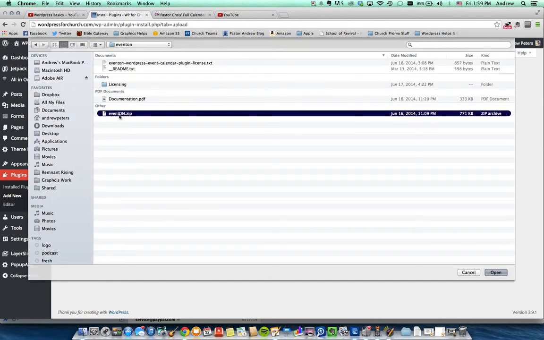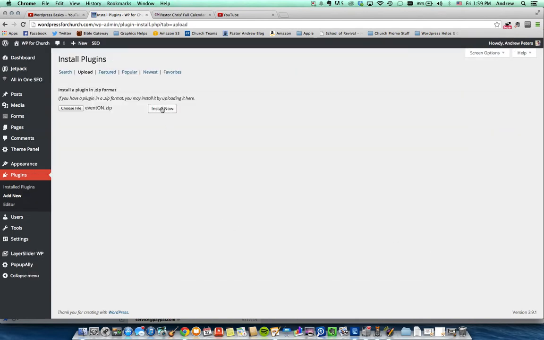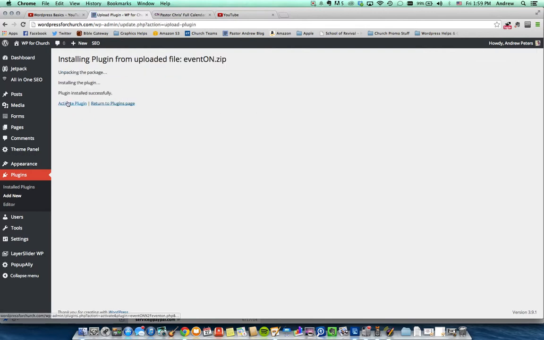I'm going to use the calendar plugin that we use called Event On. It's one of my favorite plugins. I'm so glad I found it. I use it on pretty much every site that I design for a church to add a calendar. So once it's installed, you have to activate it right there. Once it's activated,